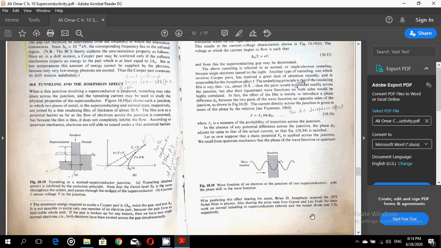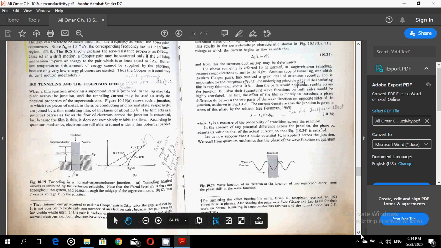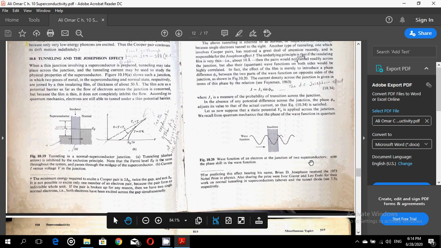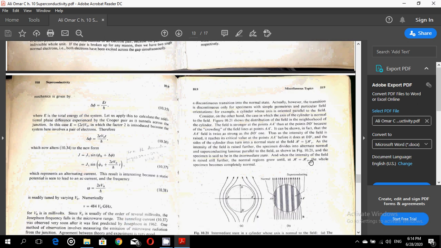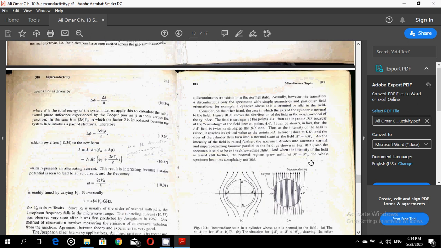We recall from quantum mechanics that the phase of the wave function is given by delta phi equal to E into T over h cut, where E is the total energy of